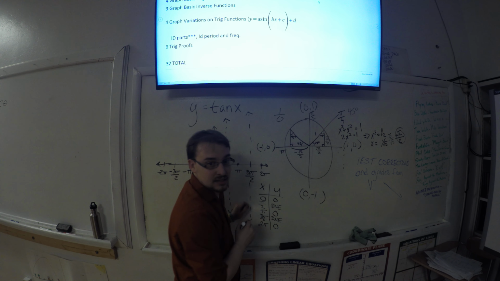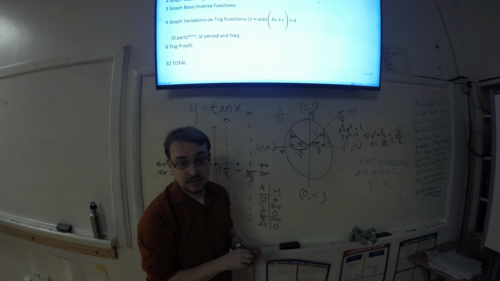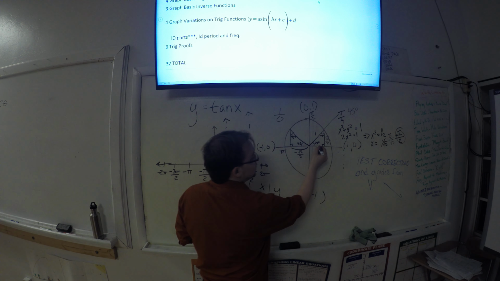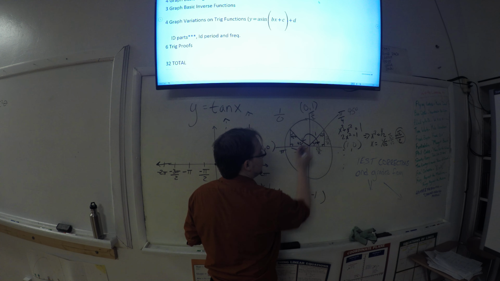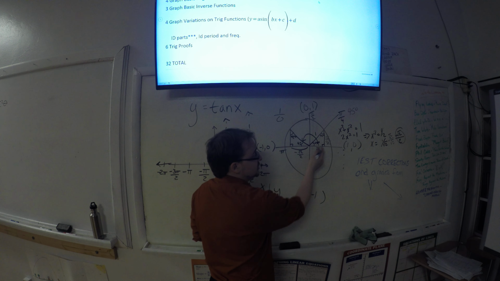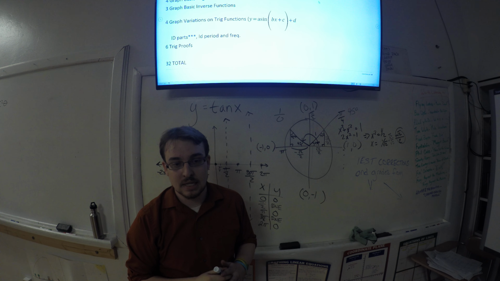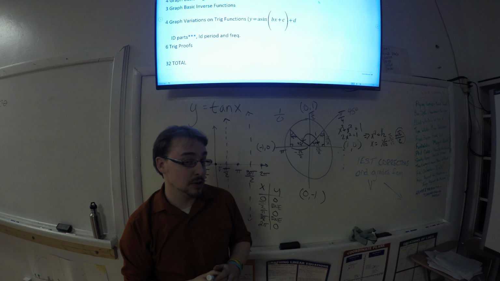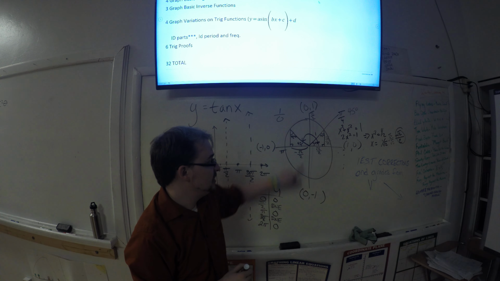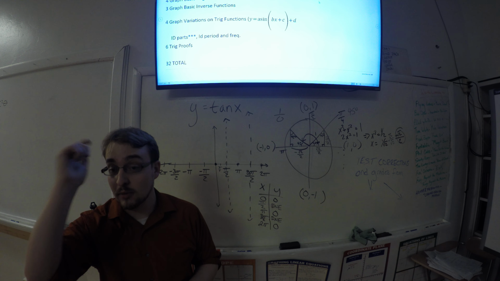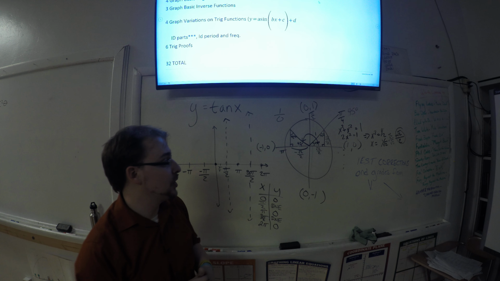Well, how would you know which side it was on if you were just given the value? Because 45 is over here. The angle I drew here, this line, that's not 45 degrees. Right, exactly. The angle's different. But if it was 45 degrees, you would know that it would be root 2 over 2. Yes, it would be root 2 over 2, but you wouldn't know whether it was positive or negative unless you drew it out. But yes, you would, because the degree would be different if it was on the other side. This degree is the same. This degree would be different. You're right. Exactly, it would. However, unless you memorize that,